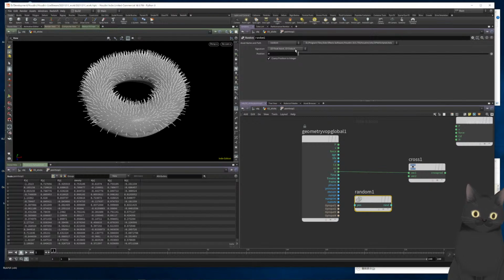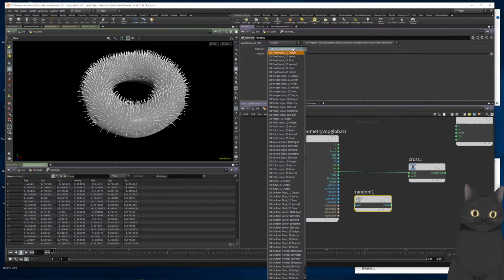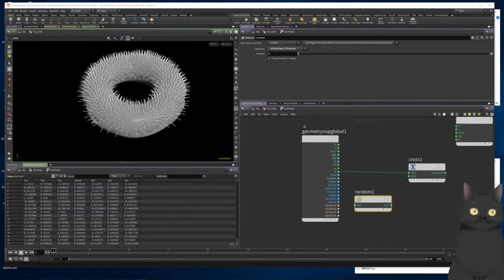based off the point number, so this would be a normal, and the cross product will create a